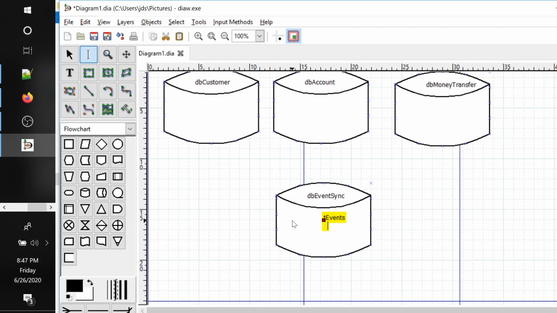This table has a source field, then a destination field, a data field and so forth, right? A status field, a direction field, etc.